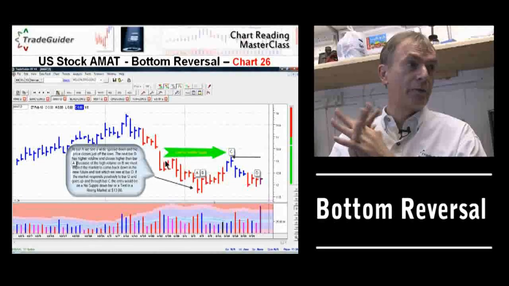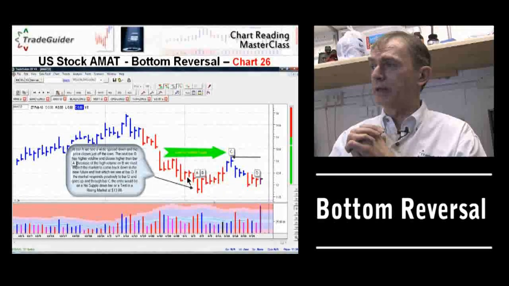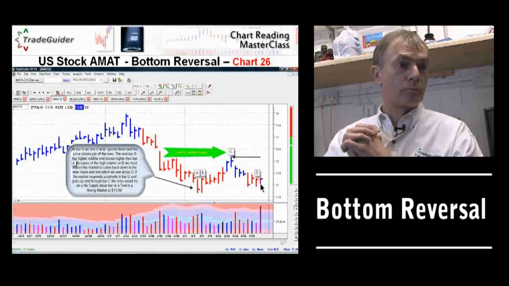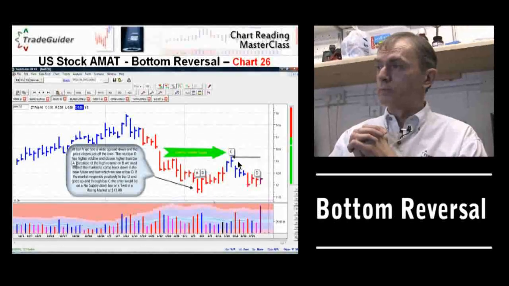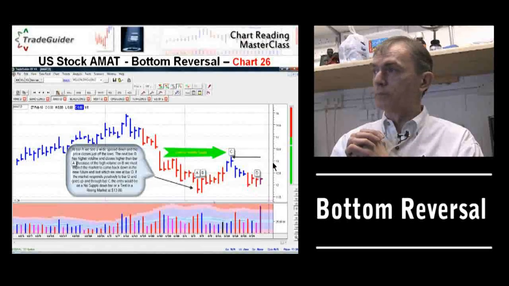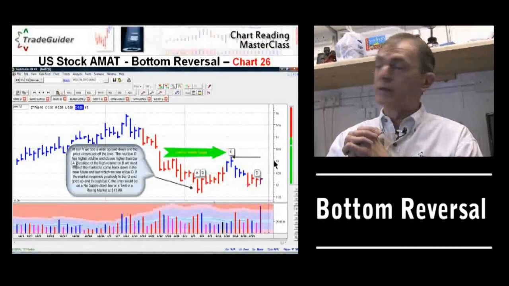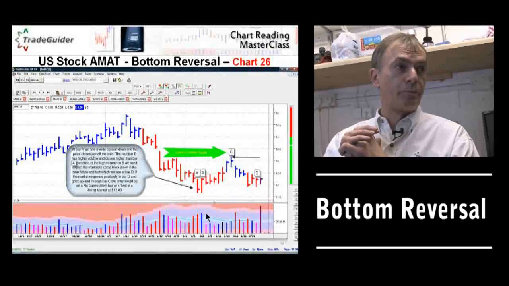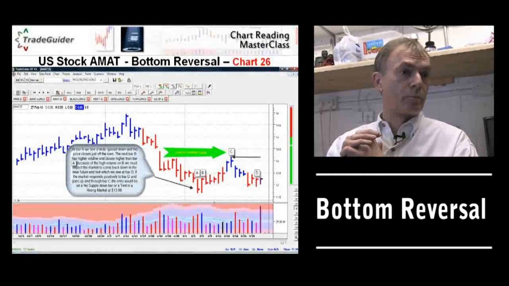Yeah. We don't know at the moment. We have to wait and see. So the jury's out on this one, but we'll follow it, see what happens next week. But certainly this is a daily chart. We've got some support here, but you wouldn't buy this because we're in a downtrend here and we're moving sideways. You wouldn't do anything with it, in fact, until you've got some sort of clear idea of what the stock's doing.